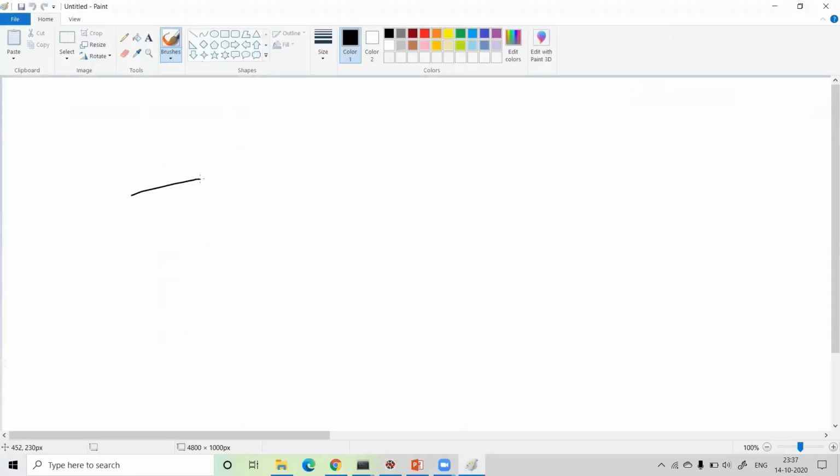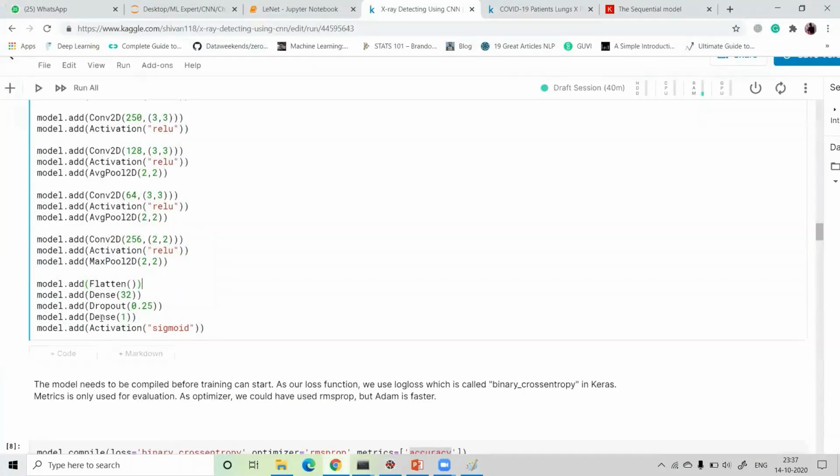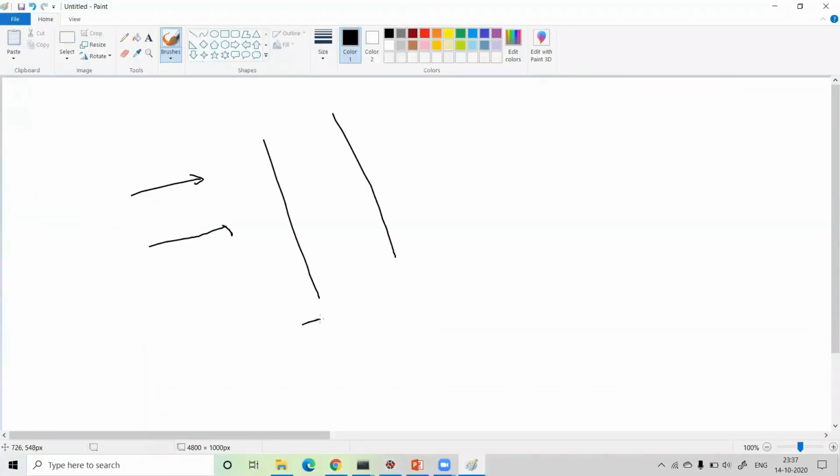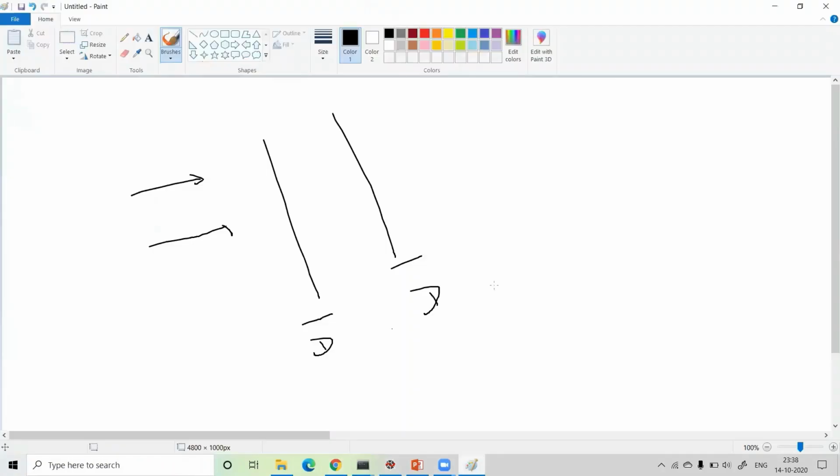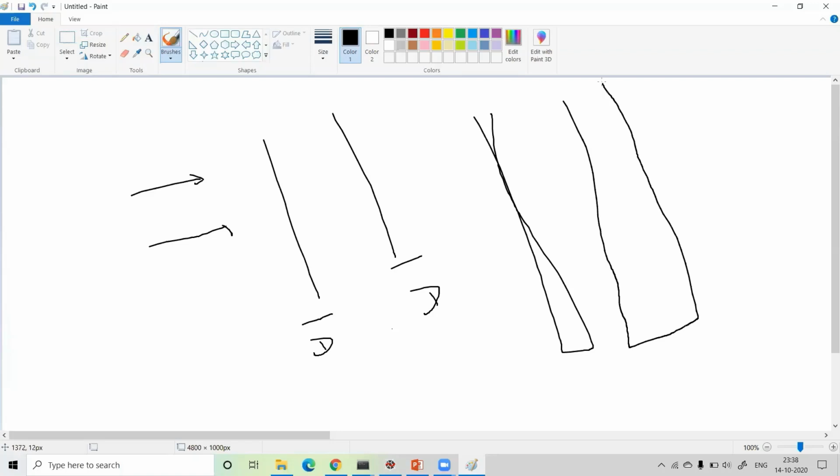When we enter our input data, it looks like this. And after entering the input data, we have used some hidden layers. So I use a dense function for the hidden layer. I use one dense function at the hidden layer, and a second dense function, and after that I just use a flatten. Flatten means I just flatten all the data like this.